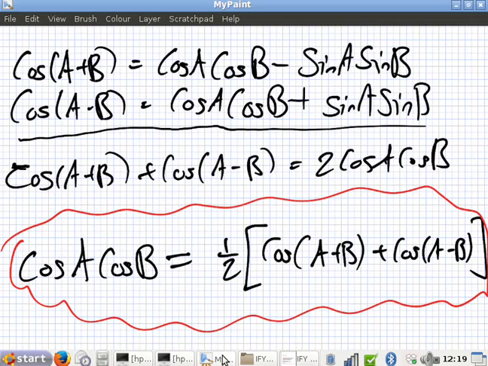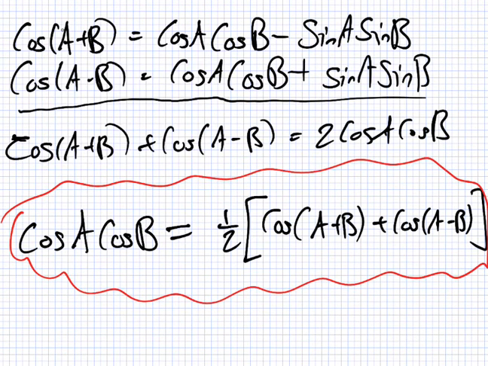So I don't recommend memorizing them, I just recommend remembering how to make them from using the compound angle. Do we have the last one? Sine A sine B? What do you have to do different to get that one? Instead of adding them, we subtract them instead. So we get now,